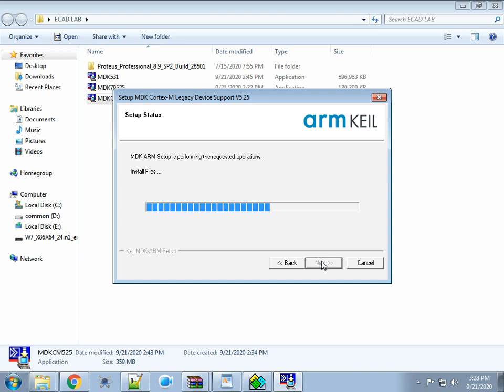If you have any previous versions of Keil, you must uninstall them, then only it will work.